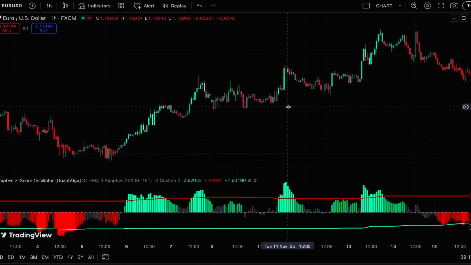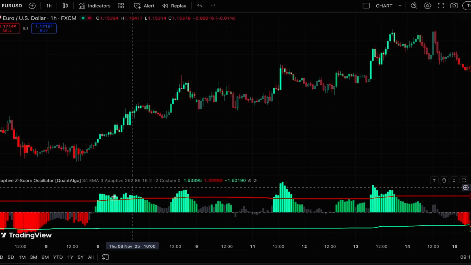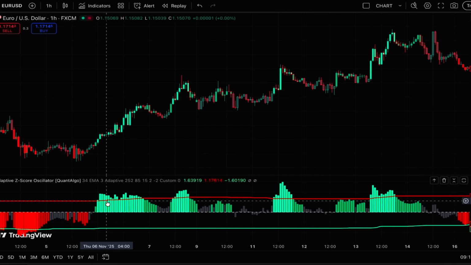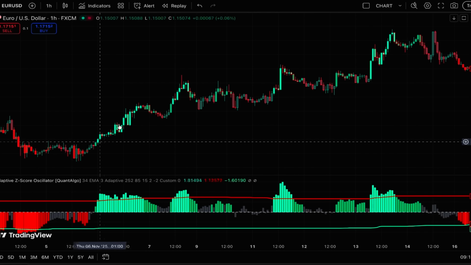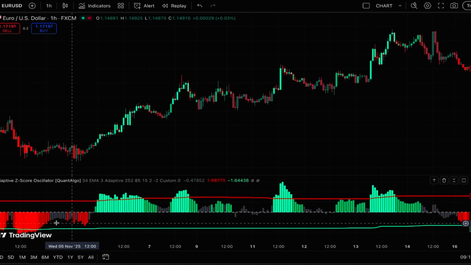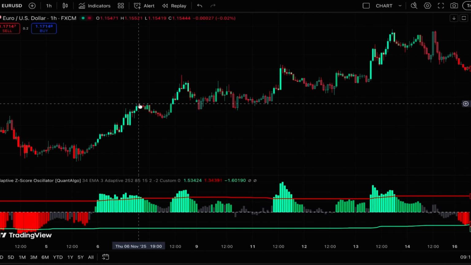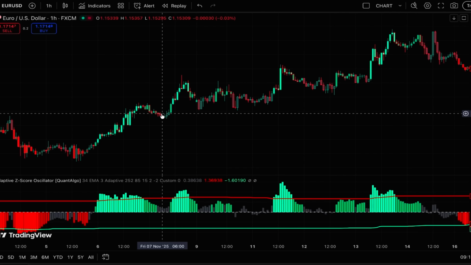Please pay attention that sometimes when the bars go above the red line, or on the other hand below the green line, they can stay there for an extended period of time and the price just keeps advancing, or declining in the case of a downtrend. And so this can also show strength in the market, but that strength would be finally exhausted and the bars will go down below the threshold, and so the price reversing and going for a pullback or reversal in the